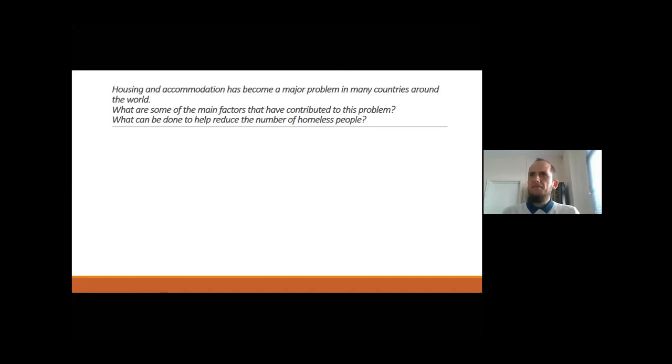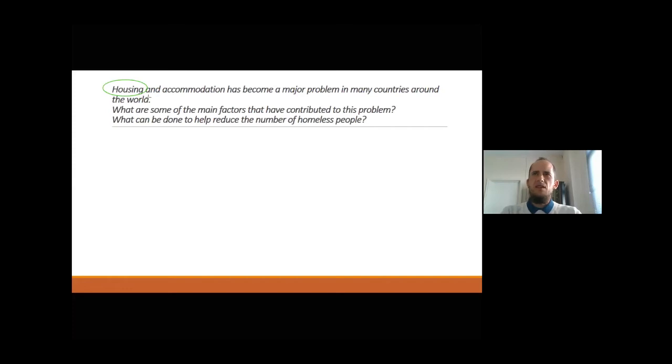Okay, so let's have a look at this cause and effect essay, and we've got: housing and accommodation has become a major problem in many countries around the world. What are the main factors that have contributed to this problem, and what can be done to help reduce the number of homeless people? Okay, so we're already running straight into it. It's all about housing, this essay. Accommodation,